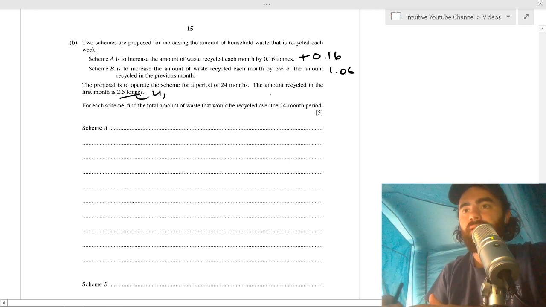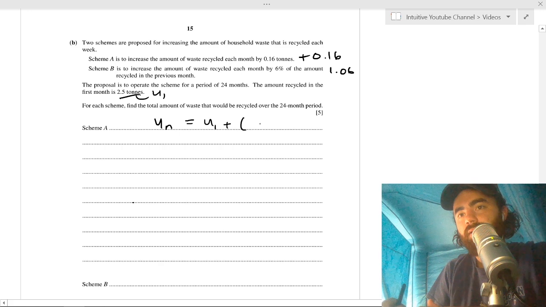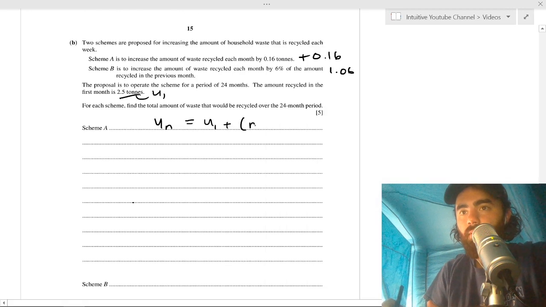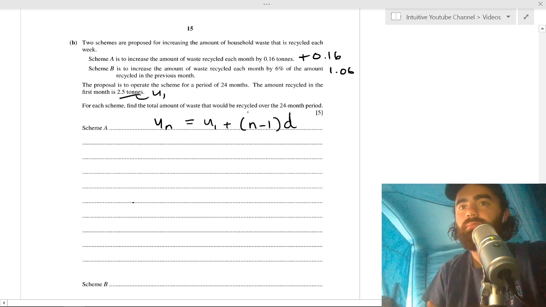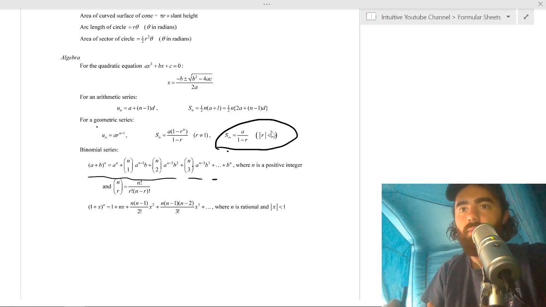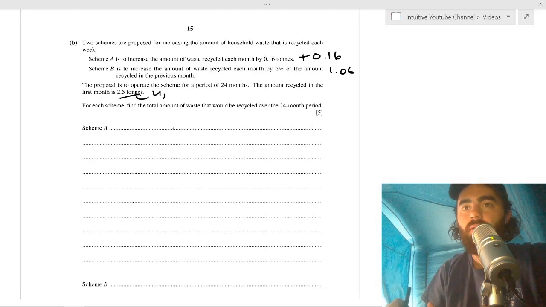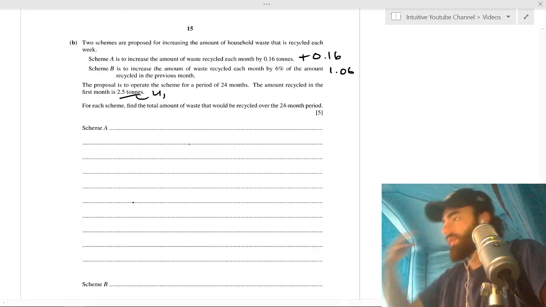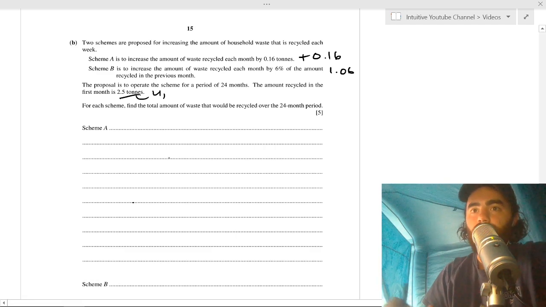Okay, well for scheme A, which is arithmetic, we know that Un equals U1 plus (n minus 1)d. And we want to find the total amount. So I probably will need that, but we want to find the total amount. So the total amount is the sum of n, 24. So the total amount is like summing up all of the, so how much was recycled in the first month? 2.5. How much was recycled in the second month? Summing all those up for 24 months. So that is